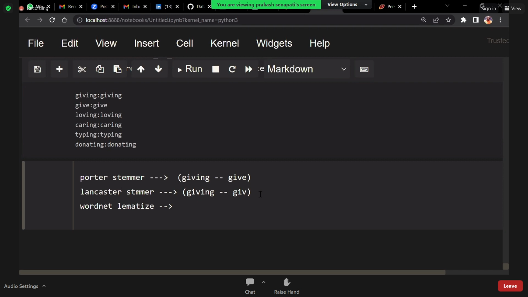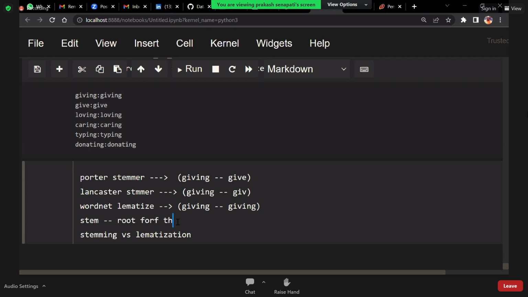When we pass "giving", what output did we get? Complete word, giving. Fantastic. Now in an interview, if anybody asks what is the difference between stemming and lemmatization, would you answer or not? So the answer is: stemming will give you the root form of the word,